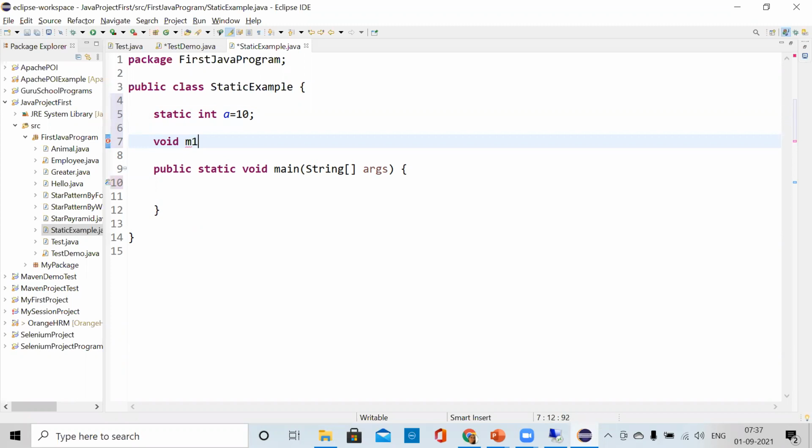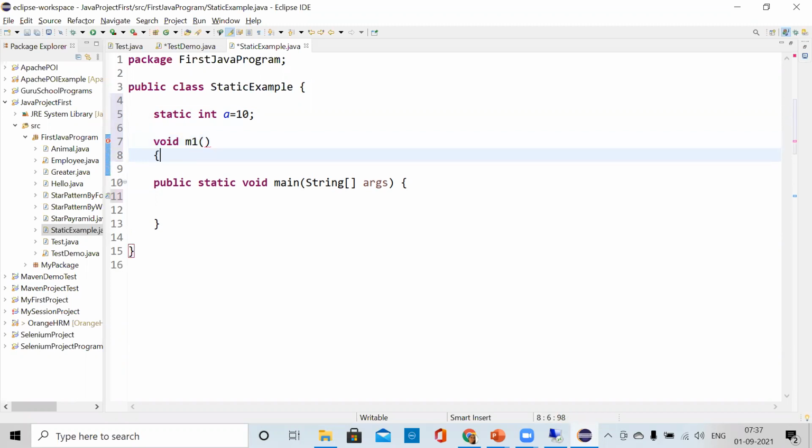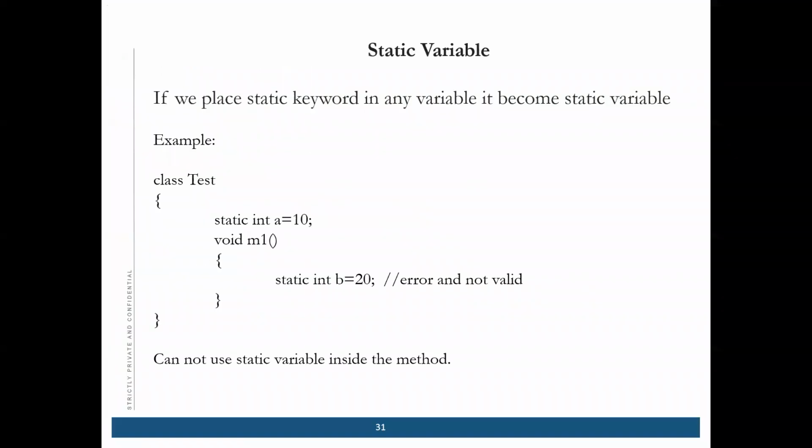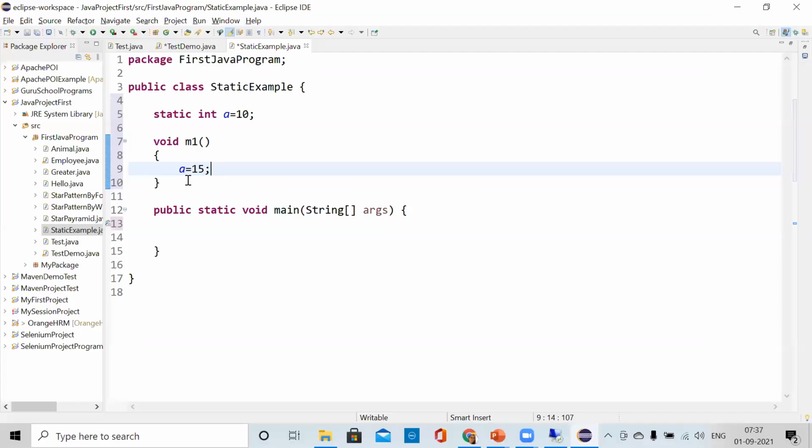inside that, if I try to use a equal to 15, suppose, and if I write static equal to 10, it is giving you an error.